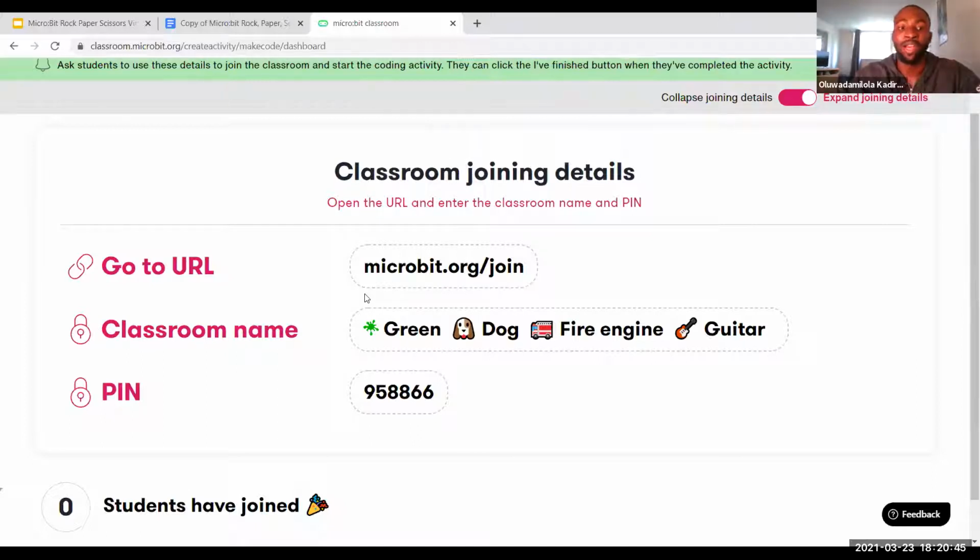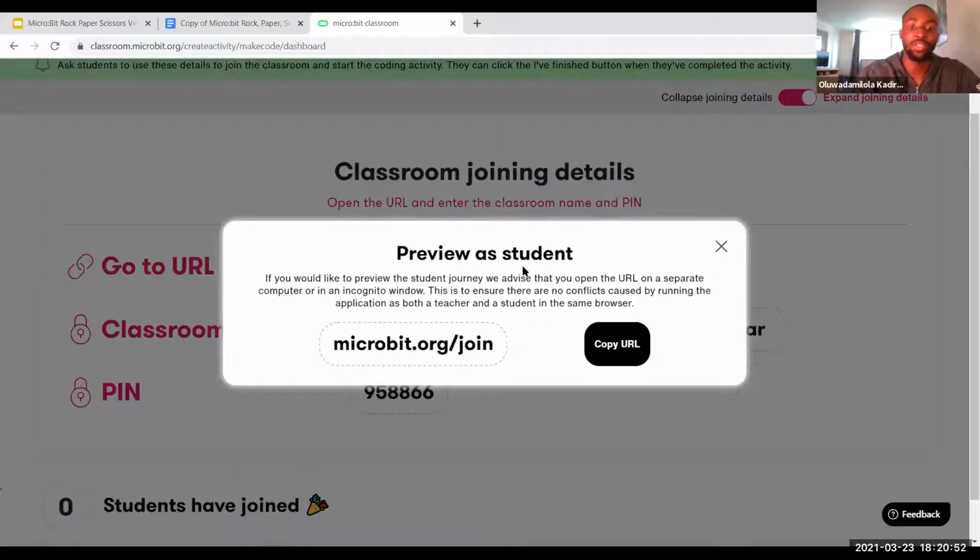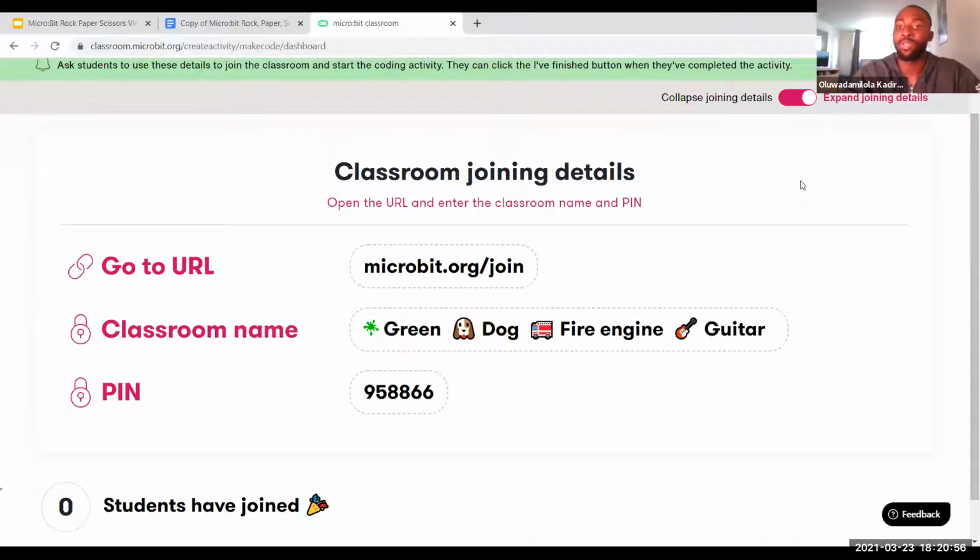To join the MicroBit Classroom, I need everyone to go to the URL on the screen, microbit.org/join. I'll also put the URL in the chat. And once you click that link, it'll ask you for a classroom name and a pin.